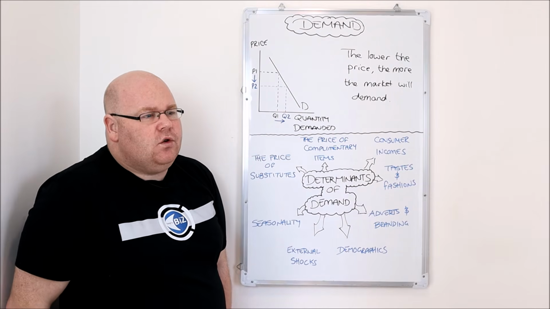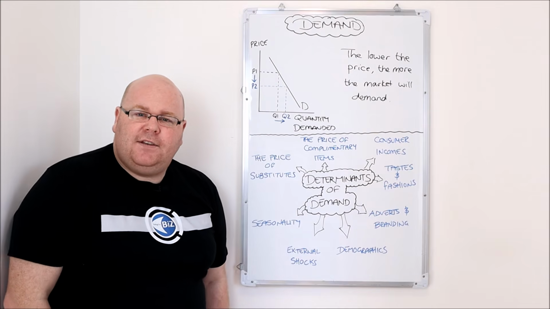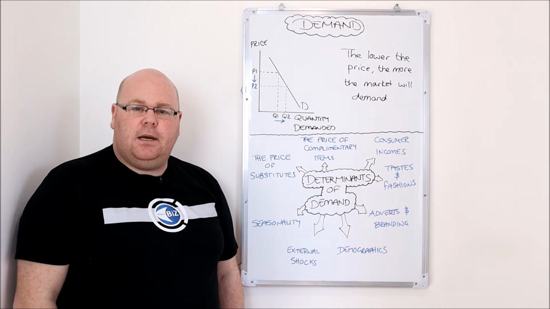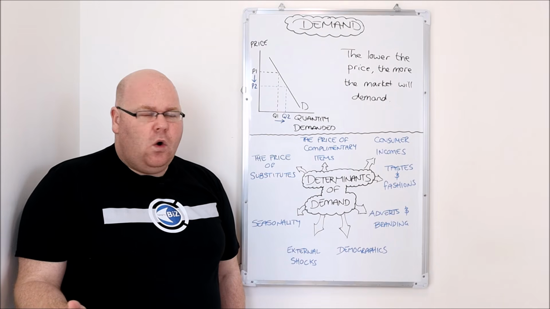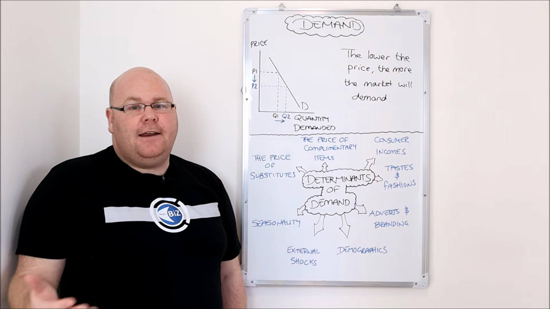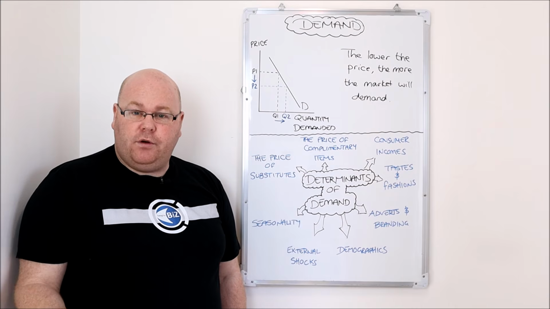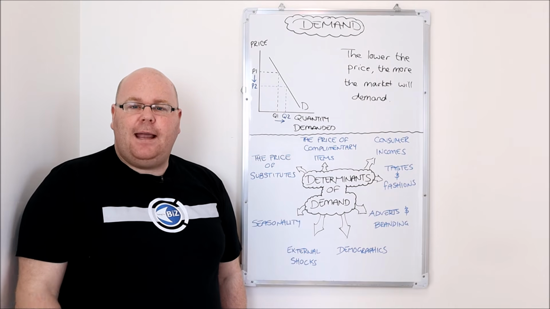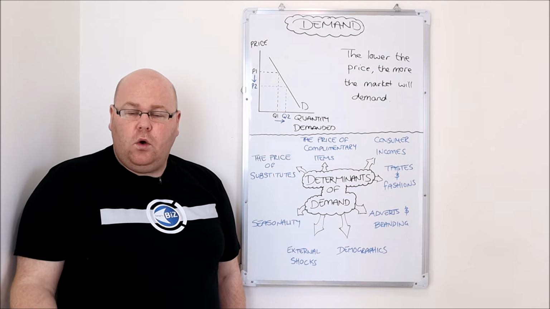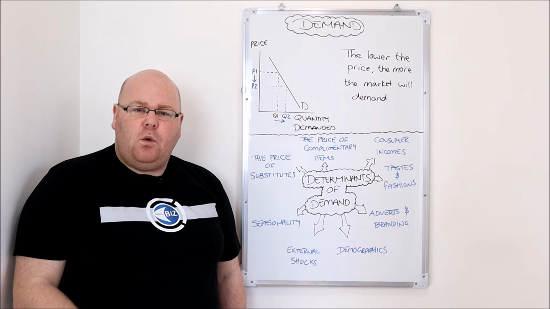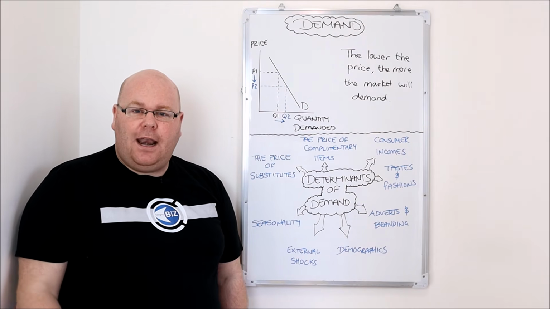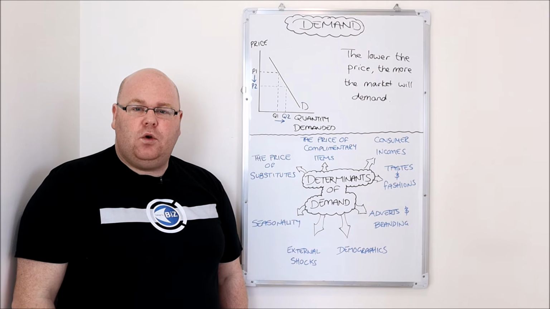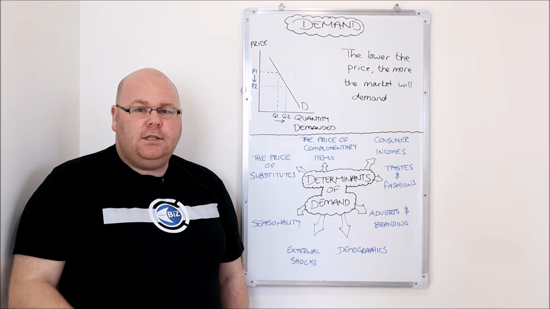And for certain goods and services, the issue of seasonality might determine demand as well. For example, goods like ice cream or sun cream might be in far higher demand during warmer months of the year than they might be during winter or cooler months of the year. So we've got 8 different factors that might help determine the level of demand for a particular good or service.